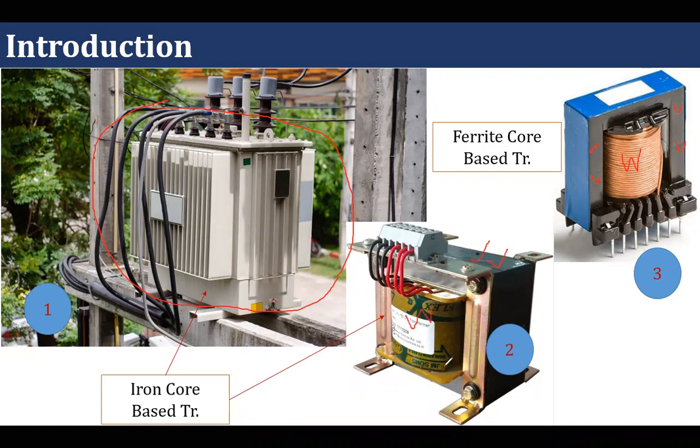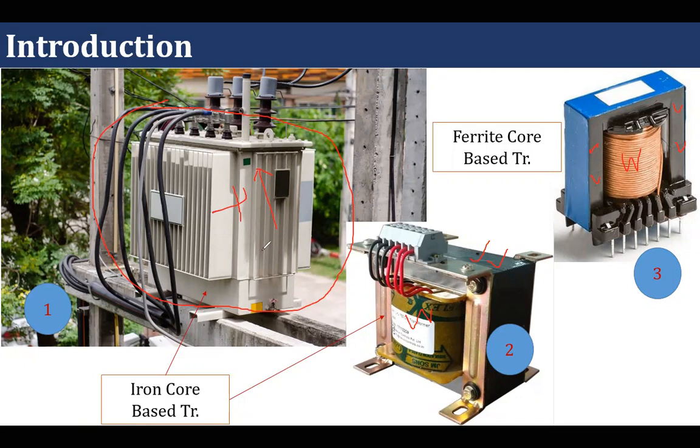On the top of the winding, an insulating sheet has been wrapped. Here nothing is visible. We are not able to see either core or winding. So why is it so? Because its power rating is high, and due to the higher power rating, when it runs, it dissipates a huge amount of power, and this is the losses within the transformer.